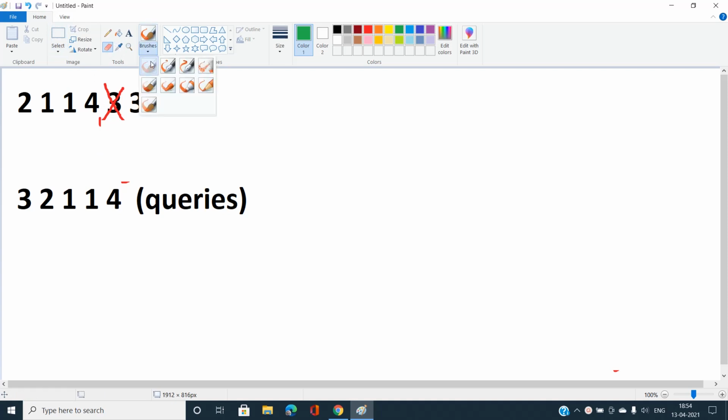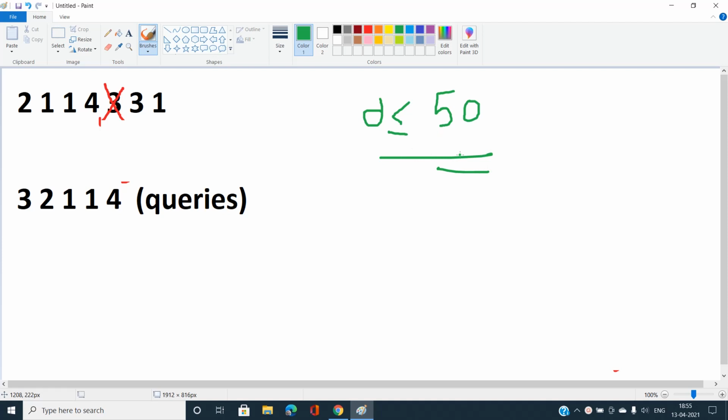So you can see we already know the number of distinct colors is always less than or equal to 50, so we can use this constraint. We need to output always the minimum index for a particular distinct color. Note that I'm going to use this term repeatedly: minimum index for a particular distinct color.